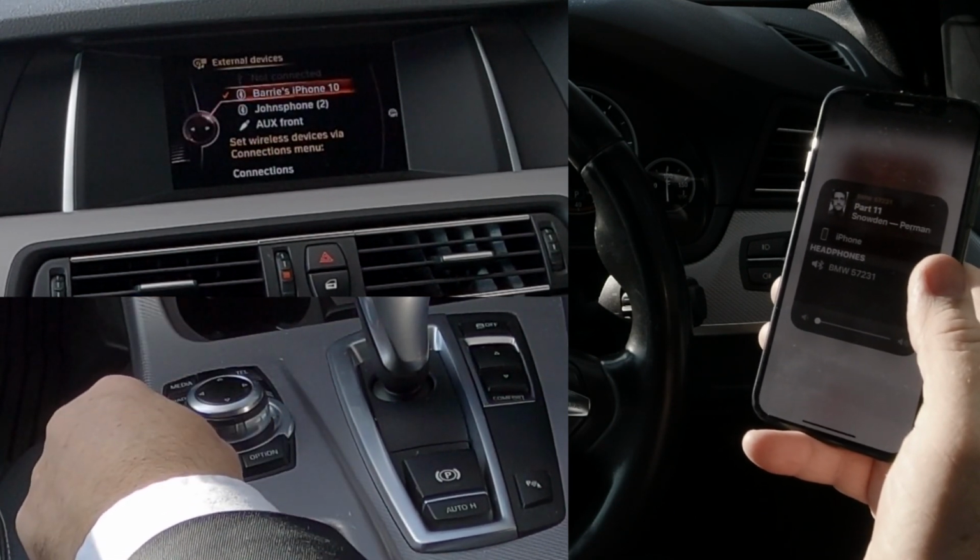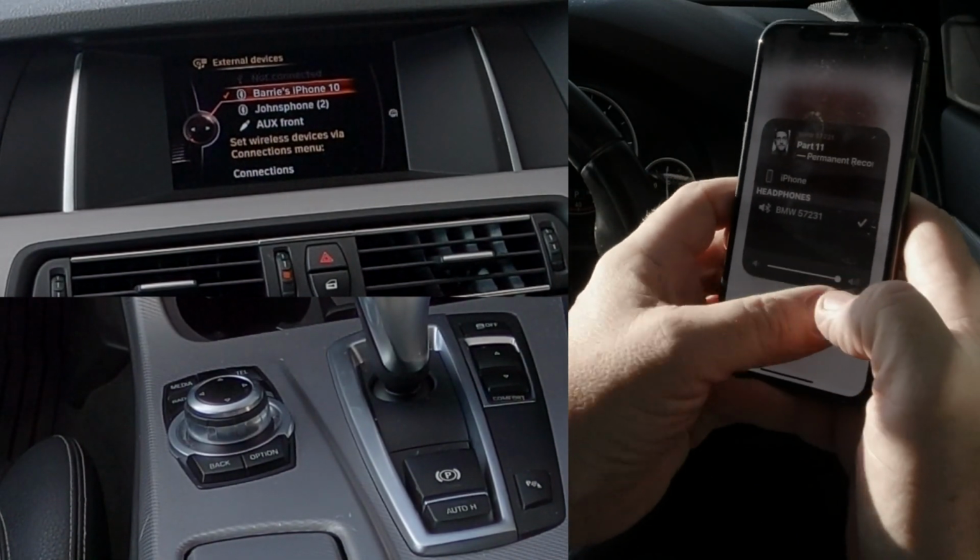external devices, that's it. So if I turn this up,